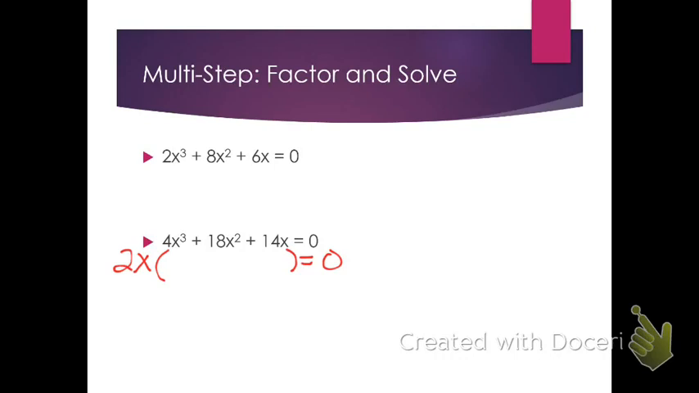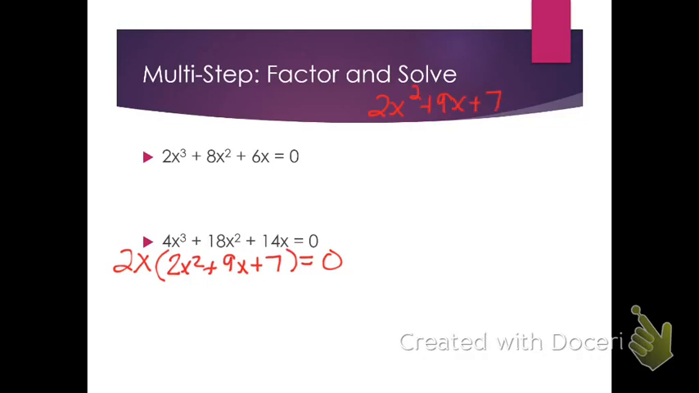So what's in the parentheses, you figure out what would I distribute 2x to get 4x cubed plus 18x squared plus 14x. In this case, that is 2x squared plus 9x plus 7. Now the part that's left in the parentheses, that is a trinomial. So I'm going to come off to the side here, and I'm going to factor that trinomial with our grouping